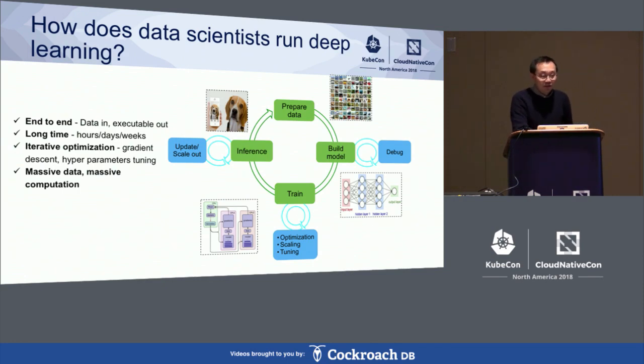So they do a lot of data cleaning, data labeling, data augmentation, pre-processing, a bunch of things. Then they do some coding to build their models using some statistical methods or sometimes neural networks. And after they debug and verify their code works with some small data sets, maybe on a single machine with 1 or 2 GPU devices,